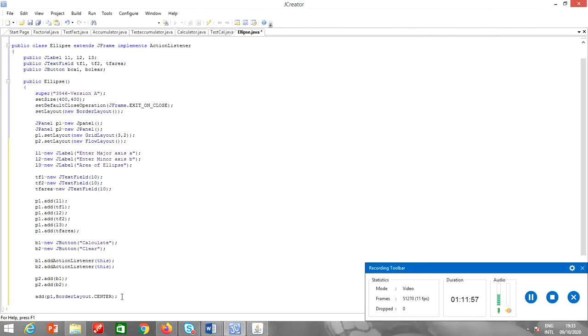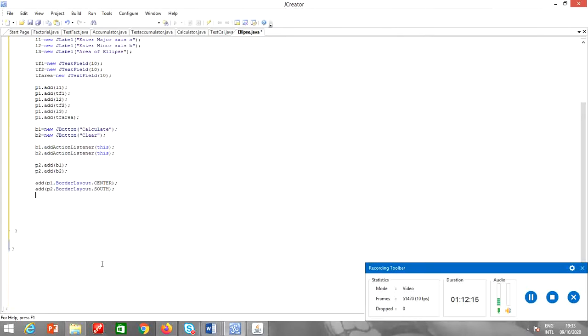And I will add P1 or P2, add P2 dot border layout dot south. So I am done with my frame, with the layout. Now the best option is just write over here